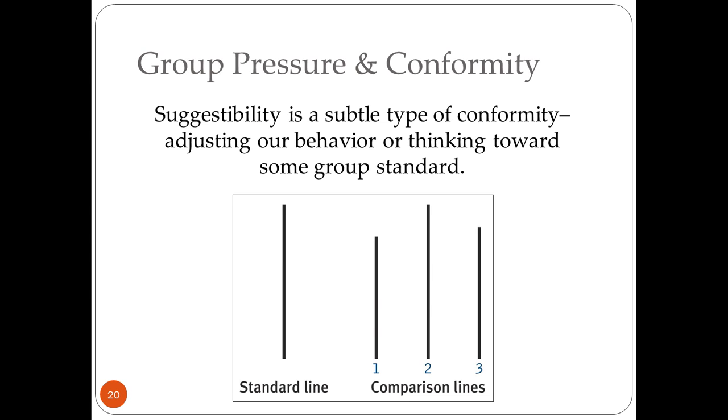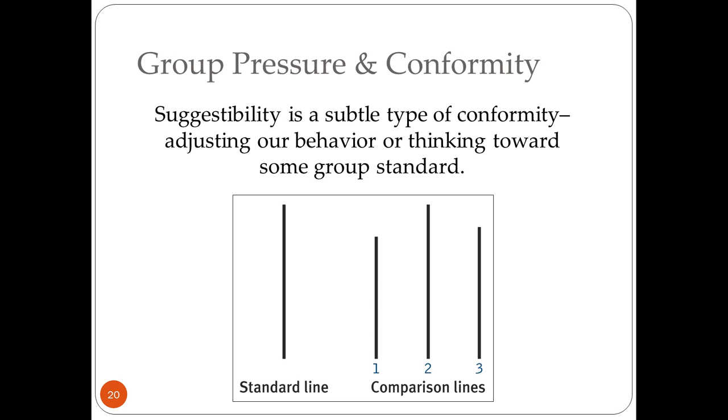So let's look at this one. This is what's known as the Asch Test. So if I were to ask you, the standard line is most closely similar to which comparison line? The answer is clear, right? It's number 2. Well, suggestibility is a very subtle type of conformity, which says that if other people do something, and that runs counter to what we believe, but we believe that perhaps the group is right, then we may act in that way. So Asch did a series of studies where he said it was a visual